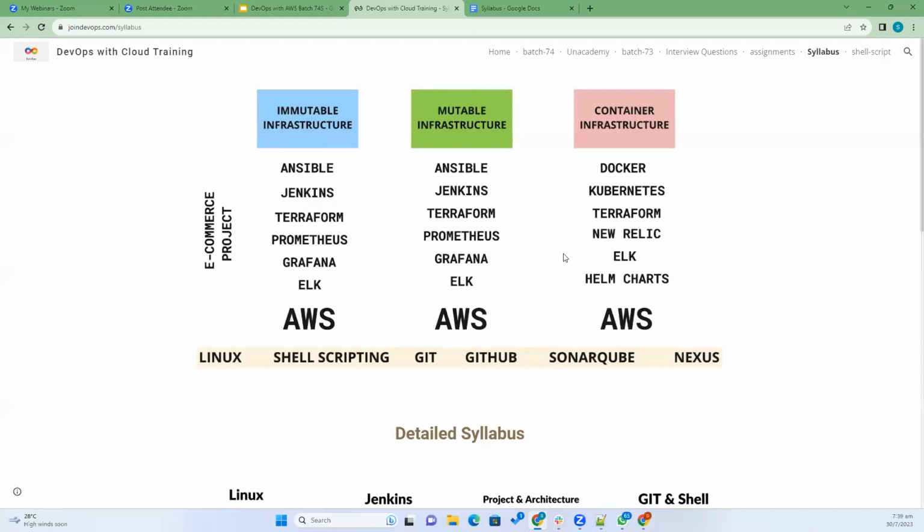Once you step into the project, you understand the entire things happening, but you will be an expert in particular tools, because there will be a 5-6 member team. So you will handle Jenkins, or you will handle Ansible, or Kubernetes, or Terraform, or Prometheus. They can give you anything as part of the team. That is your primary responsibility, and secondary responsibility is handling other tasks if they are on leave. Okay, so that is the syllabus.